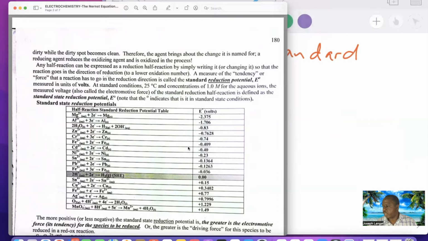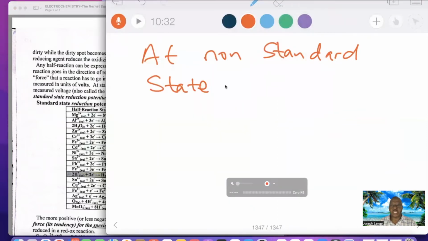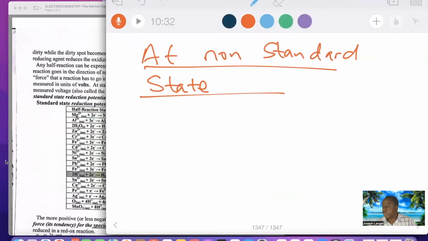That means if at non-standard state, right here, we talk about E cell, there is not a subscript or superscript, sorry. You don't see that. There is nothing here. Equals